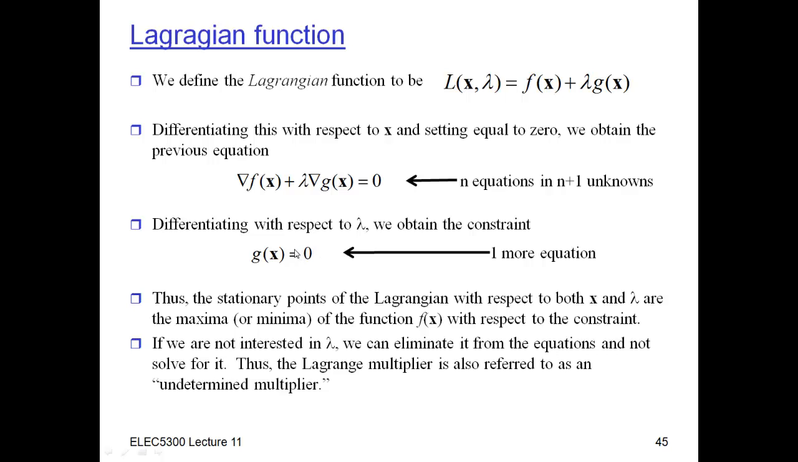So if I differentiate this Lagrangian function with respect to both x and lambda, then at the stationary points where that gradient is equal to 0, I'm going to get the maxima or minima of the function f of x with respect to the constraint. Typically I'm not that interested in the exact value of lambda, so I can just eliminate it from the equations and not solve for it. So sometimes the Lagrange multiplier is referred to as an undetermined multiplier. So let's look at an example